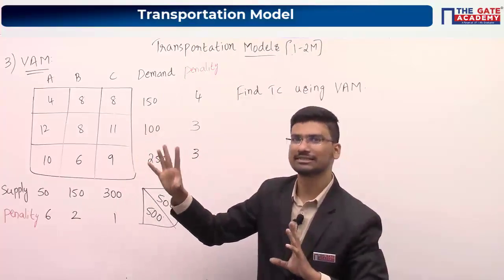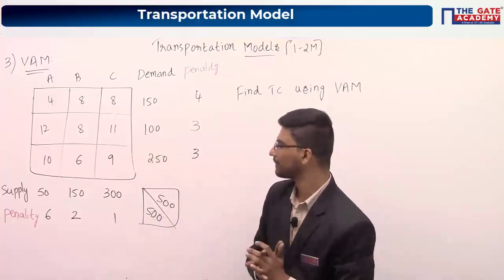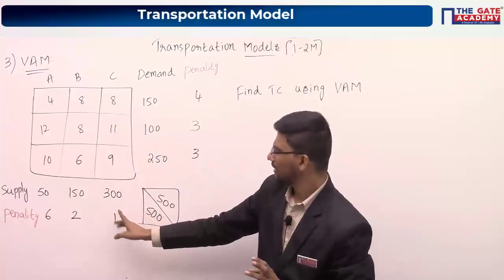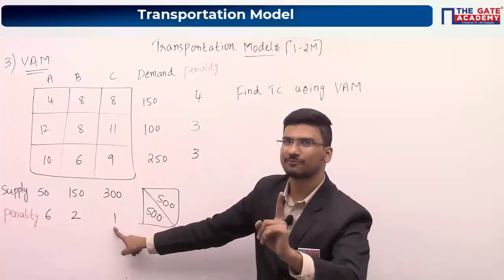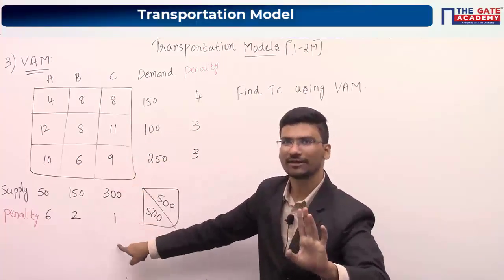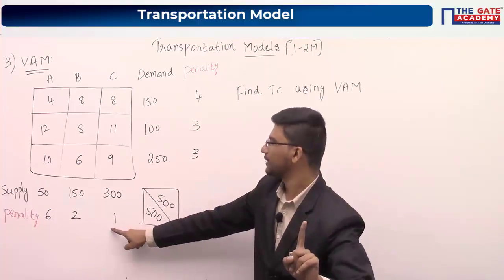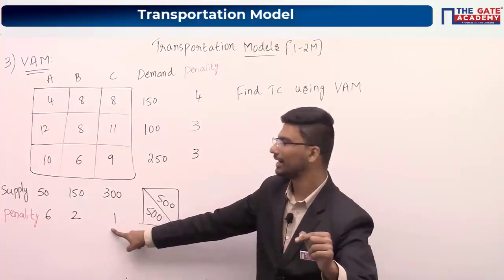So other people also please listen. I am just repeating what is meant by penalty. So let us take this particular column. Here penalty is 1. Now the meaning of this 1 rupee. So generally it is rupees. Let us say it is rupees per unit, because it is unit transportation cost, right?